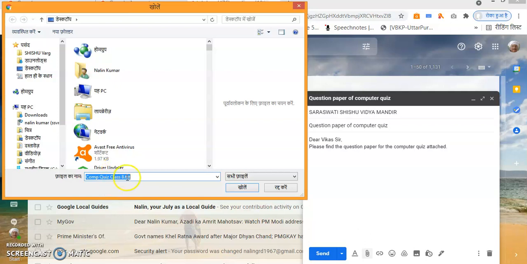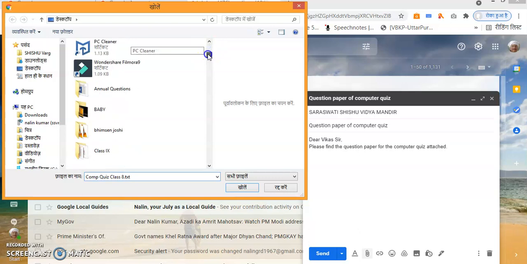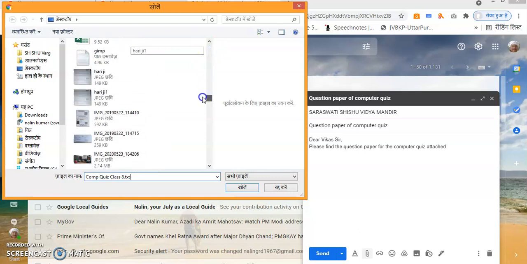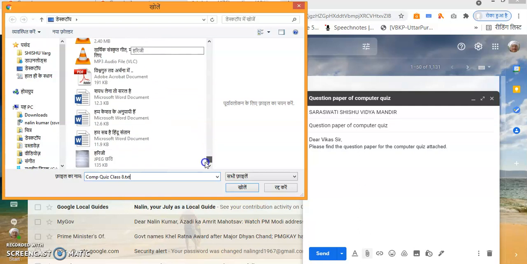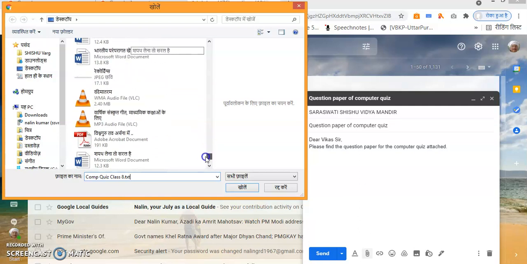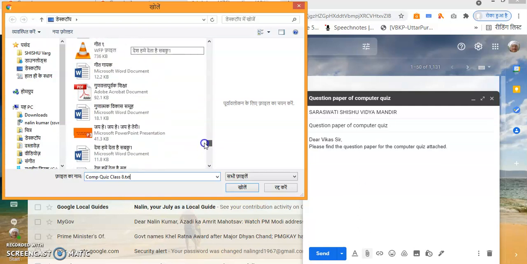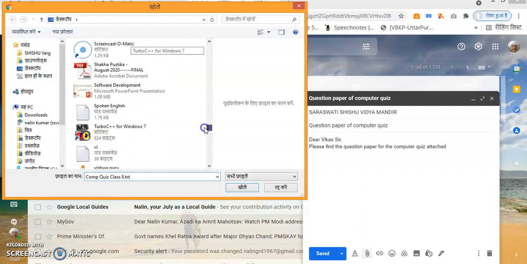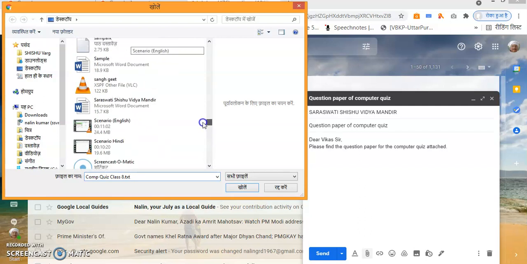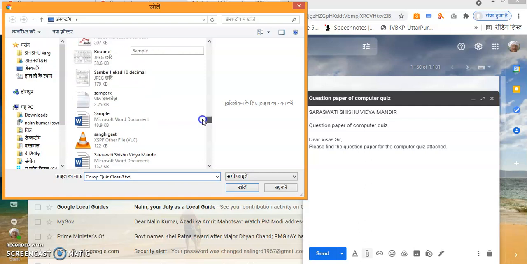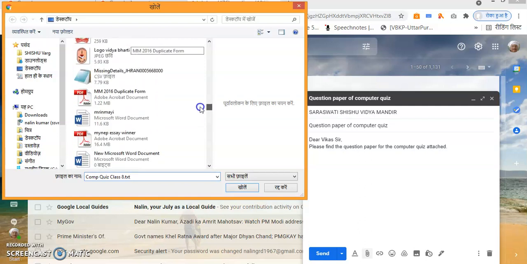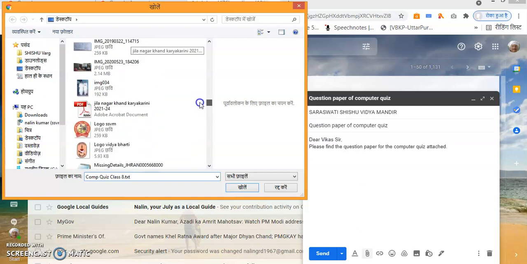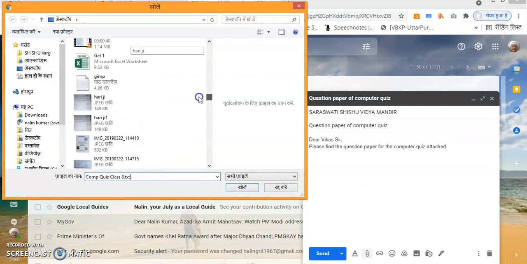And if you are not able to find it out, you can just go through it. You simply try to find it out and you will be able to get it. Quiz. There are a few files, quite tough to find it out,